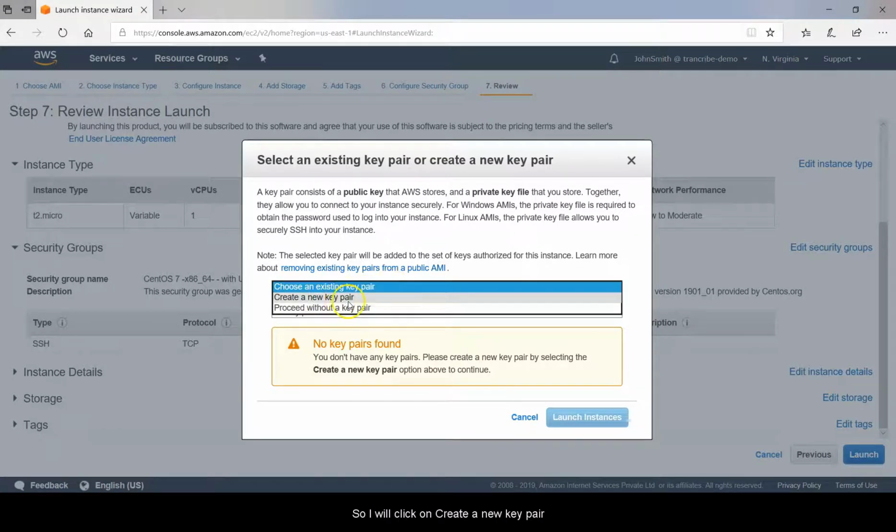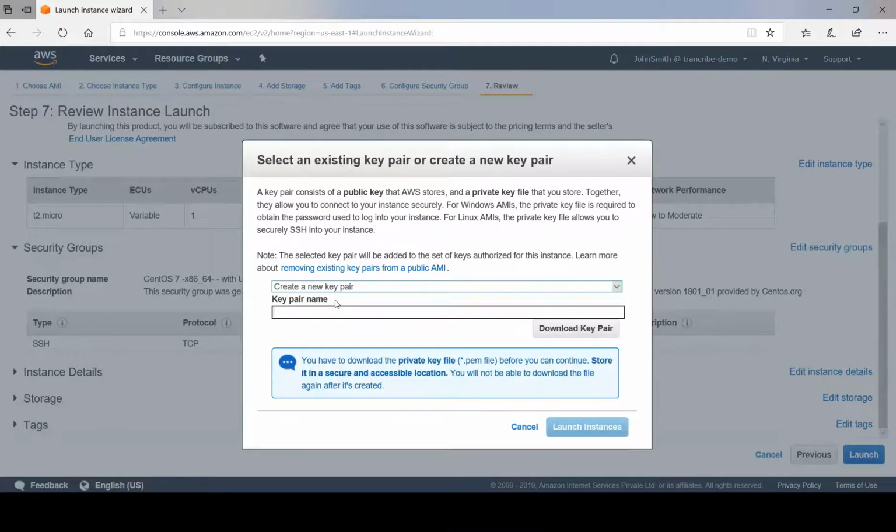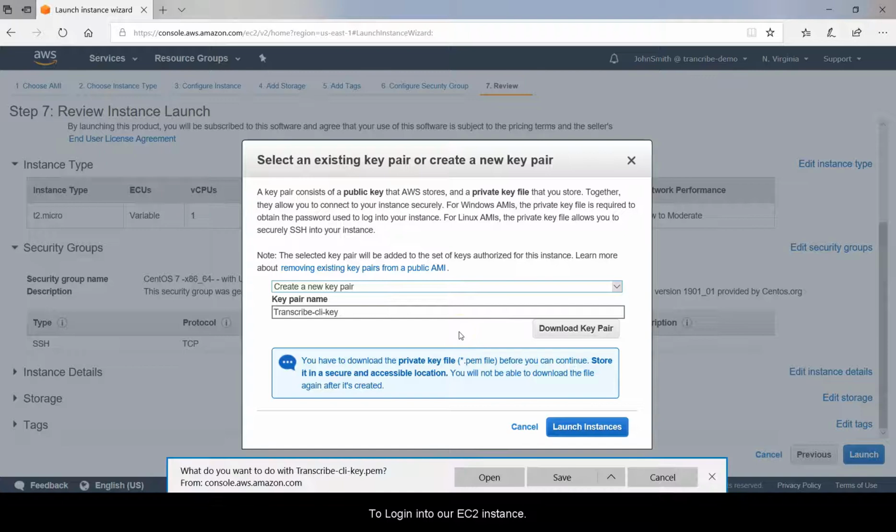So I will click on create a new key pair. I will give it a name, transcribe CLI key or something like that, and I'll click on download key pair. We need to keep it safe to log in to our EC2 instance.